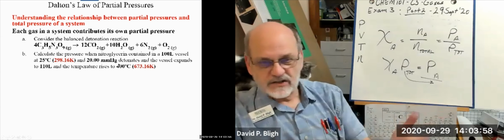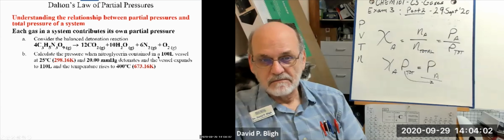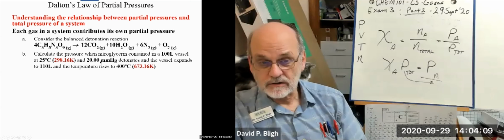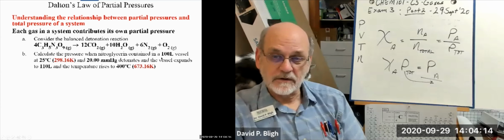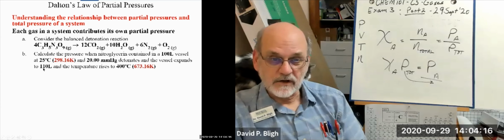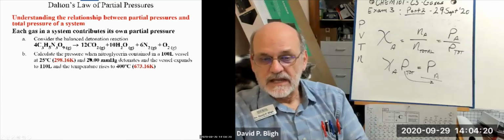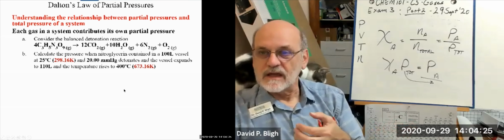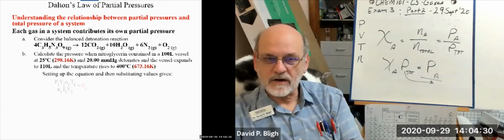So these conditions are given. Initial conditions. What's the pressure if you have a 100-liter vessel at this temperature and that initial pressure? Well, let's see. No, this is before and after, because there's volume, there's temperature before and after. Here's the beginning pressure. So what you want is the ratio of moles. So if we set up our combined equation,